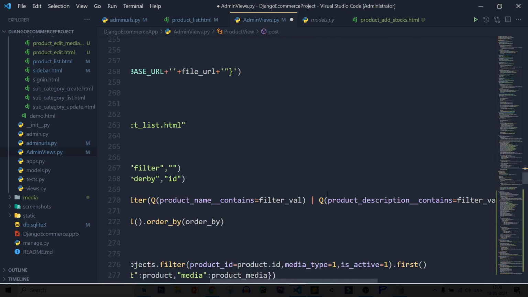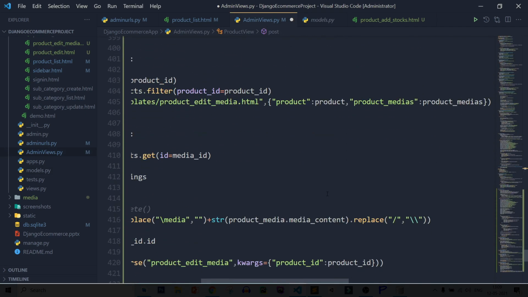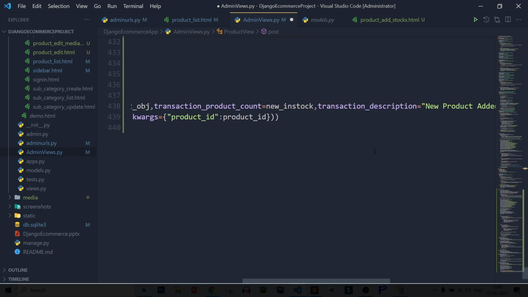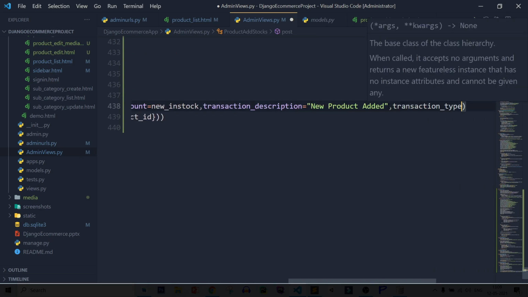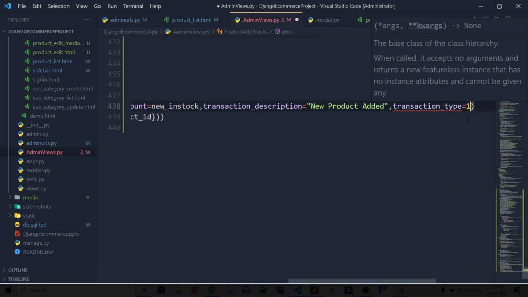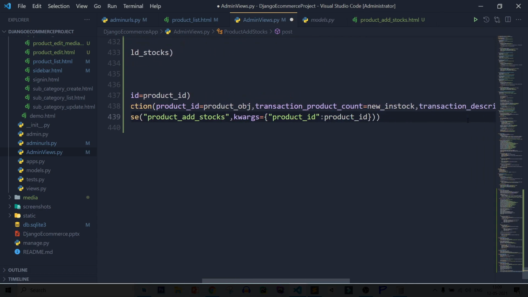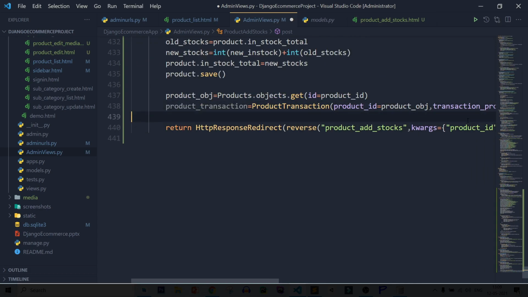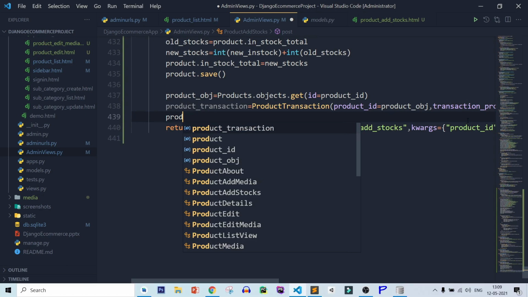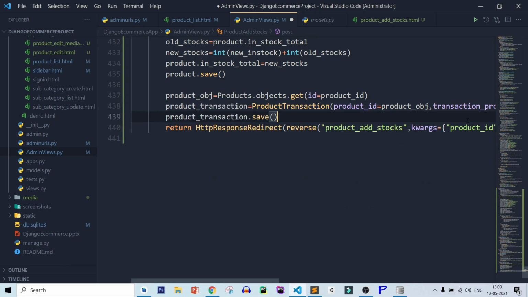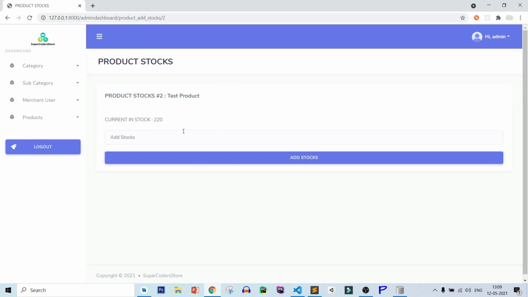So I am perfect. So let's check. Transaction type equal to 1. After that product transaction dot save. Save this file, back to Chrome, refresh page, adding 10.